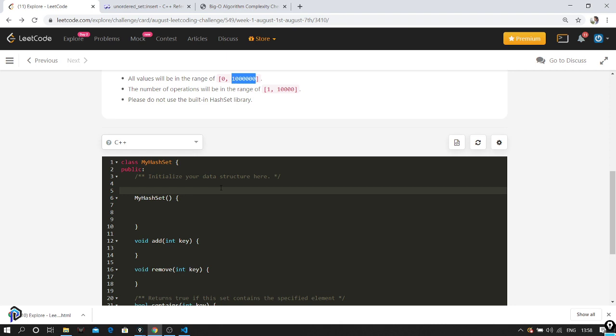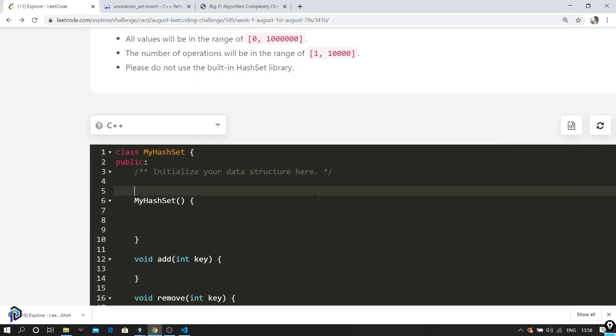Let me name a table of size, and we know the size is going to be 1 million, so 6 zeros. We also know that 1 million is included, so 0 to 1 million makes the size 1 million and 1. And we initialize all of them to 0.